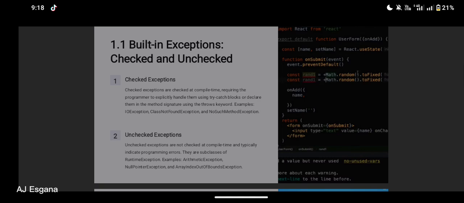So, to recap, checked exceptions are checked at compile time, and you must handle them. Examples include IOException and ClassNotFoundException. Unchecked exceptions are not checked at compile time and usually indicate programming errors. Examples include ArithmeticException and NullPointerException. Understanding these exceptions is crucial for writing robust Java programs. If you found this video helpful,